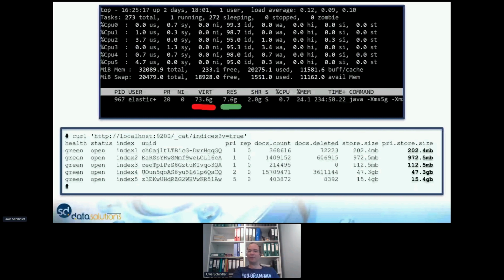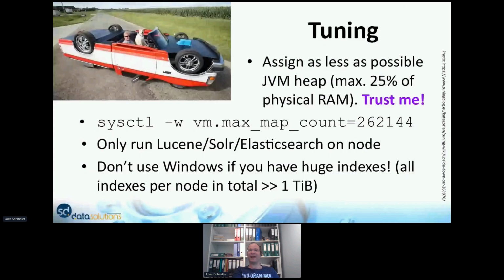So the most important thing for tuning about memory mapping is to assign as little JVM heap as possible. So maximum is 25% of your physical RAM. Trust me. Don't do too much, because Lucene works completely outside of your heap space. So it depends.